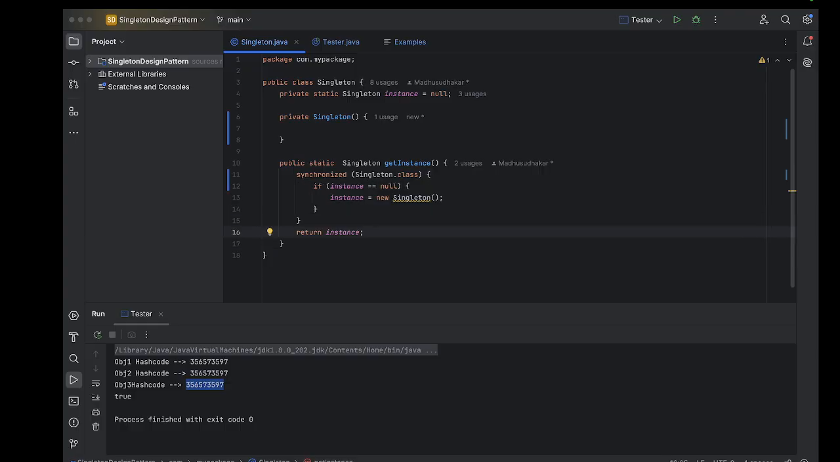Okay, before coming to that, I will explain why it won't work in a multi-threaded environment. So why do we need a synchronization block? Okay guys, you see here, in a multi-threaded environment, assume